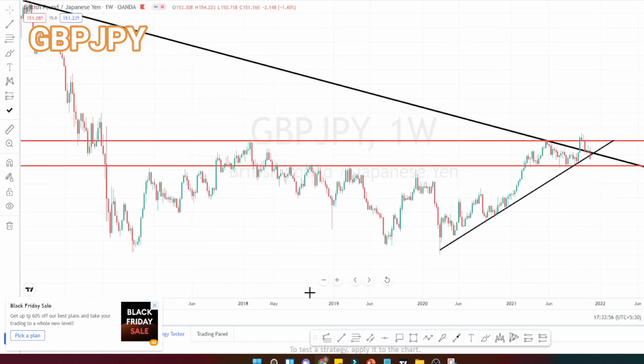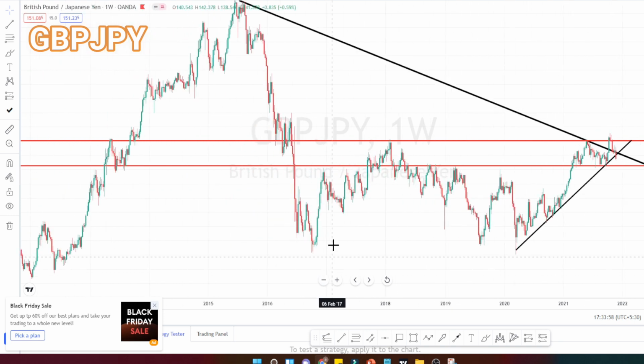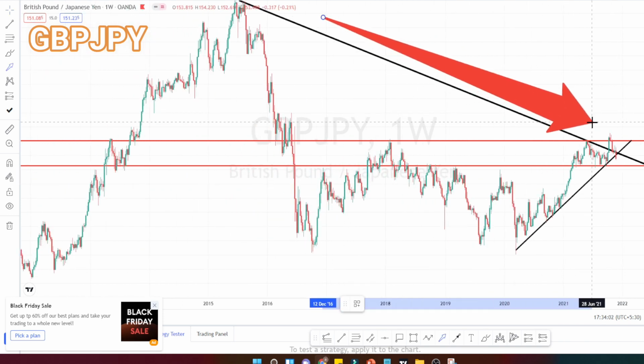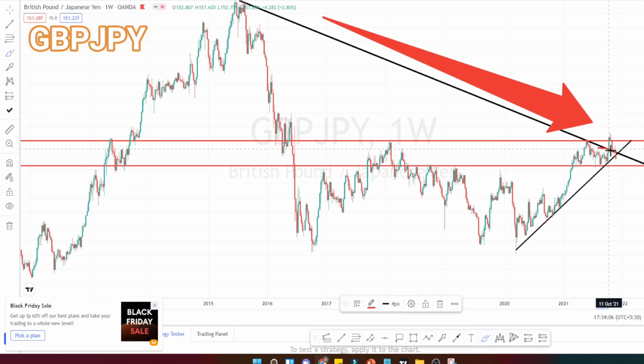So when we look at the overall price action from the weekly time frame, it was on a downtrend and it has broken this downtrend at this point over here. Momentarily it tried to go up, but it couldn't break this resistance level over here, and currently it is making a trend reversal to the bearish side, trading within a range of resistance and support level.